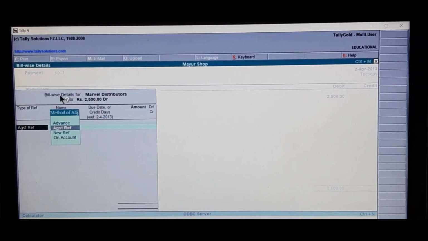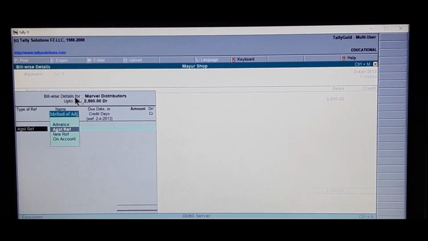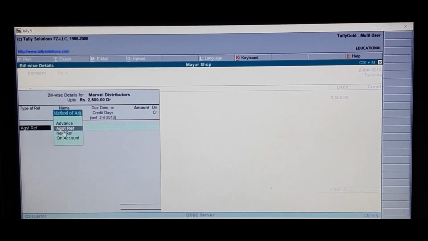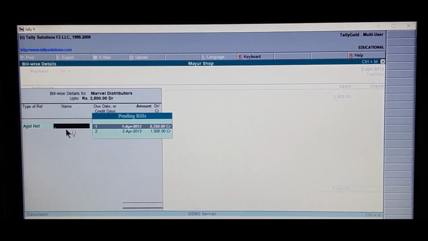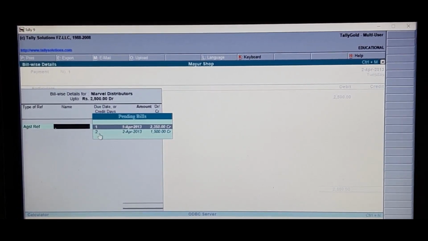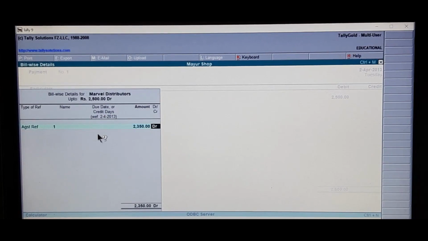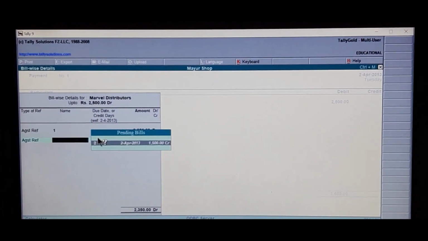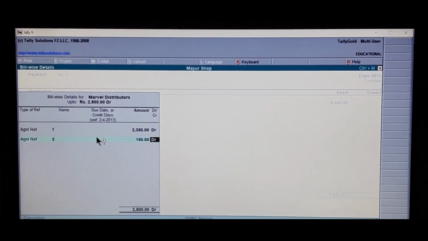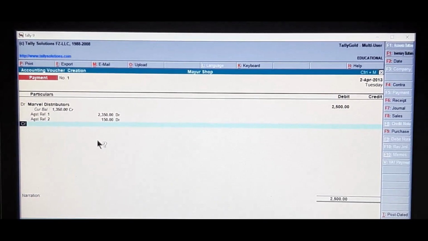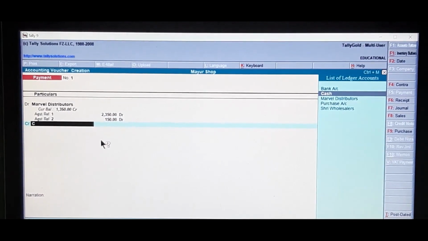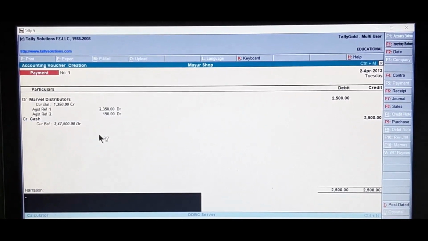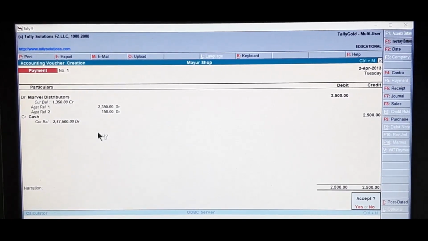This will take us to bill-wise details for Marvel. Against the reference, this will track purchase voucher number 1 and 2. 2,350 against the reference, purchase voucher number 2. For remaining, credit, cash, 2,500. Type the narration, accept, press Y from the keyboard.